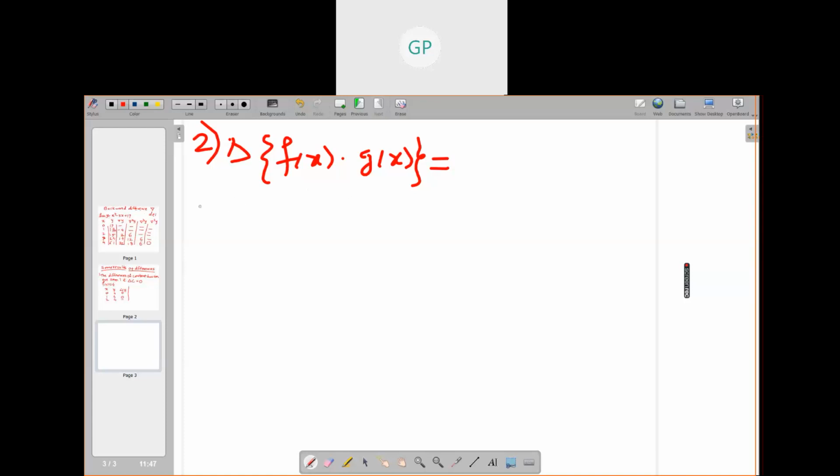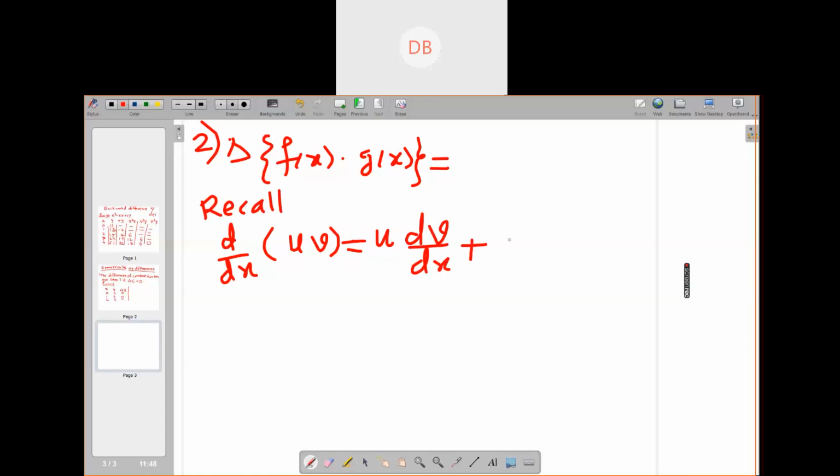Differential operator d by dx. So just recall, what is d by dx of uv? Do you remember the product rule of derivatives? Anyone remembers the product rule? Yes, ma'am. Derivative of uv is u into dv by dx plus v into du by dx. That means you keep one function as constant and differentiate the other, plus keep the second function constant and differentiate the first one. So this delta also works in a similar manner.